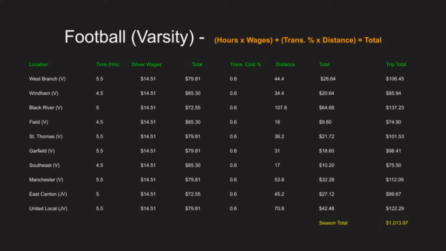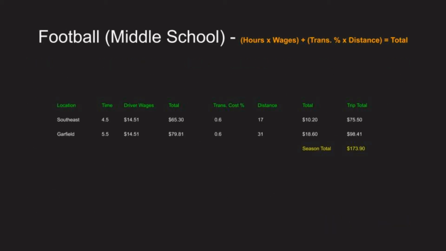Take a look at the middle school schedule. The middle school program had a lot of home games this year. They were on the road twice this year. They traveled to Southeast as well as Garfield High School. Again, the time column represented the nearest half hour. The initial base driver wages create a total there. Transportation cost percentage, again, 0.6. And the total distances to and from the competitive site is provided, creating another total for maintenance fees, creating a trip total for the Southeast Middle School game of $75.50, and the Garfield game,